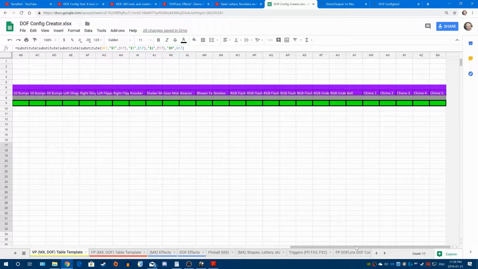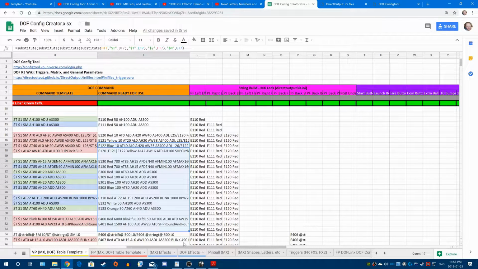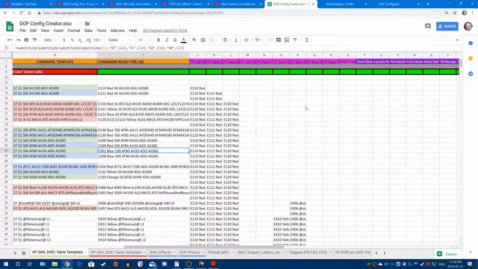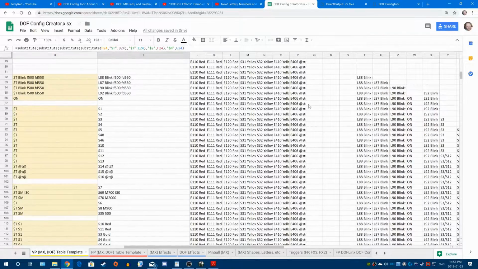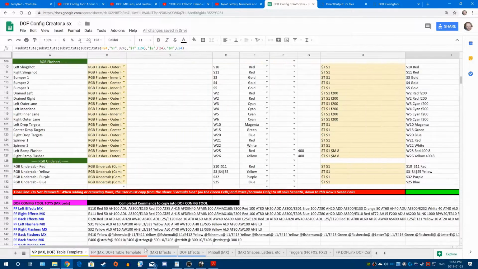See, like this is every tool, every DOF tool, config tool, toy. They're all there. It just basically takes your command and enters it into a cell for the right toy. And then you can see down here how they all get assembled. And then at the end, they all get assembled correctly to this bottom line. And then that bottom green line